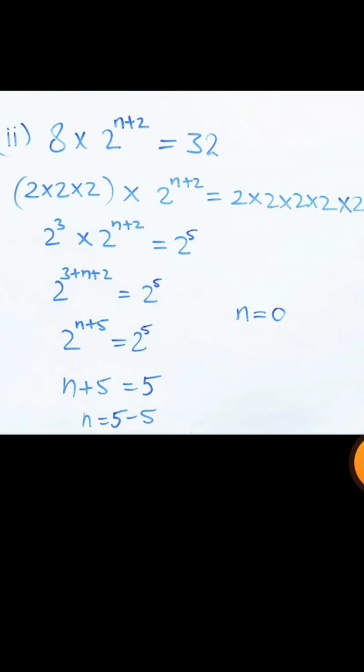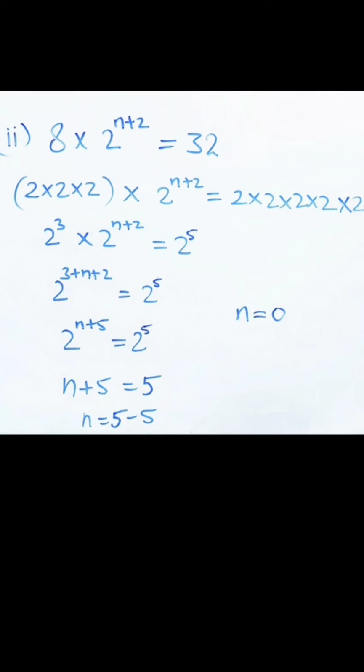In the same way, do question number 17. Write all the prime factors. Write the prime factors of 8 and 32. So now we will write in the form of power, that is, exponent. 3 times 2 here means we can write 2 cube. Now 5 times 2 here means we can write 2 raised to the power 5.